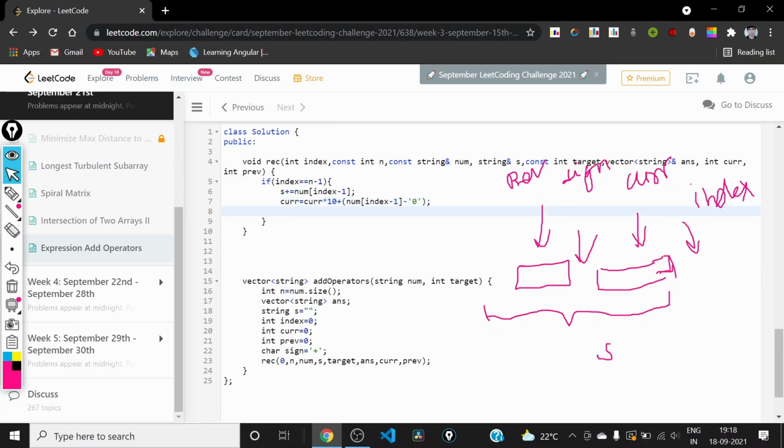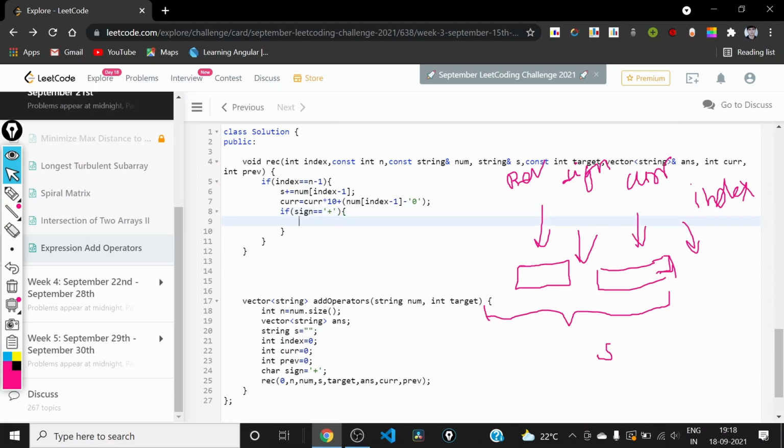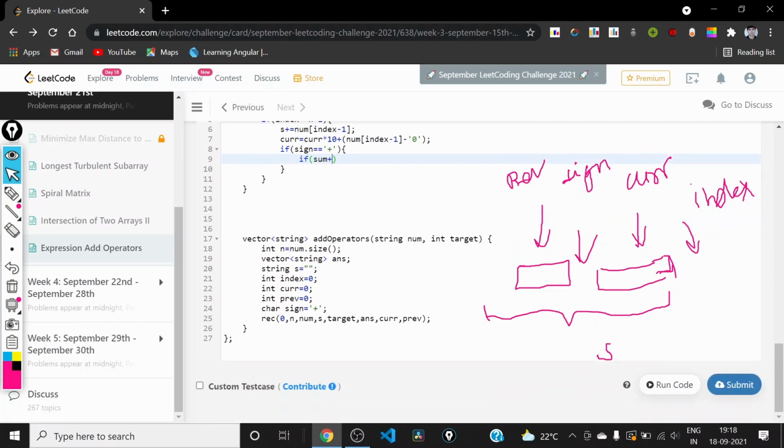And now we need to check whether the overall sum is equal to target or not. So in case the sign was positive, we will be checking whether the sum plus, we don't have any variable for symbolizing the sum till now, so we can have a variable for sum also.